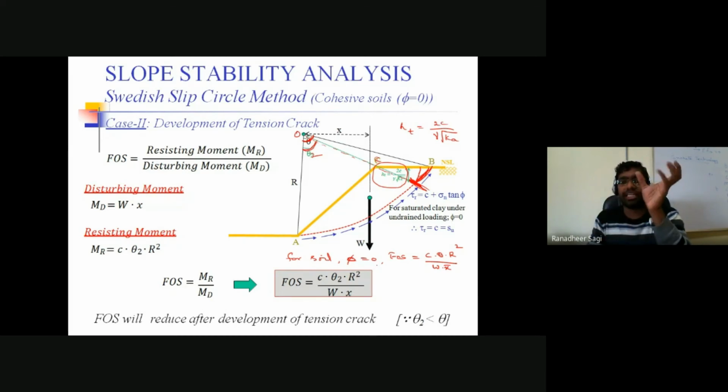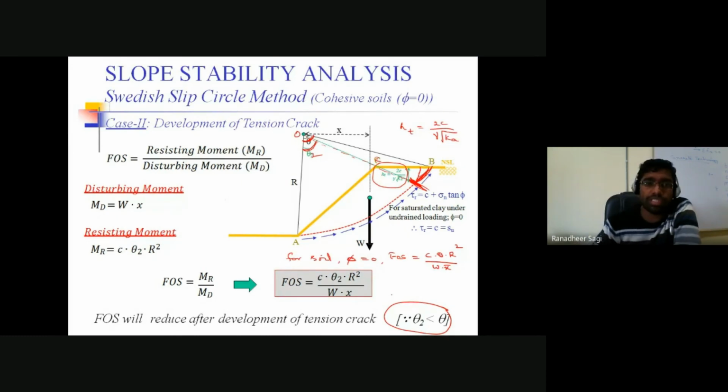Now, once your theta angle is represented as theta 2, what is going to be happening? The factor of safety, because if theta is replaced by theta 2, automatically the theta 2 value is less than that of theta. As it is indicated here, as theta 2 is less than theta, the factor of safety we are going to get is less than the factor of safety we got earlier, because the length of the arc of the circle is decreasing. As the length of the arc is decreasing, the force that gets resisted along that decreased length of the arc would give you a lesser factor of safety.